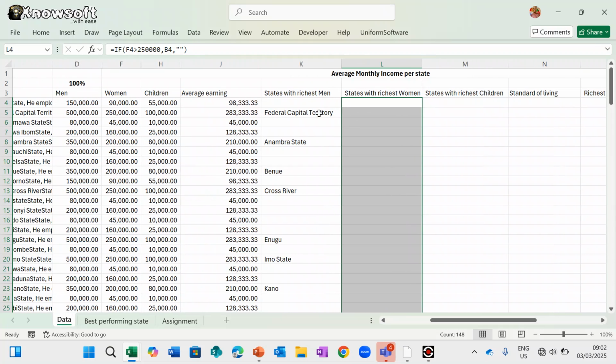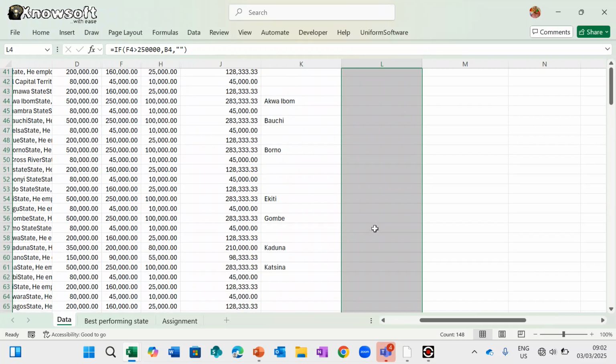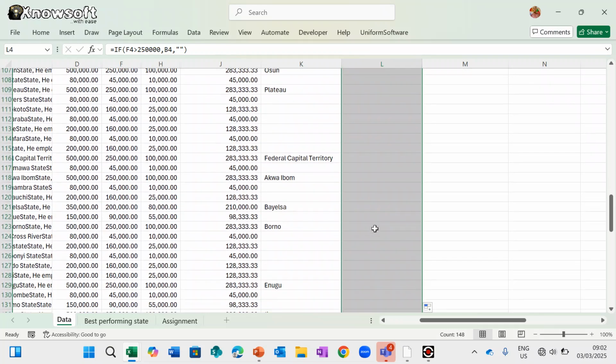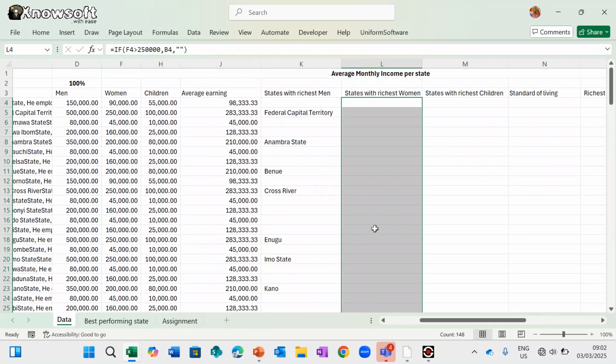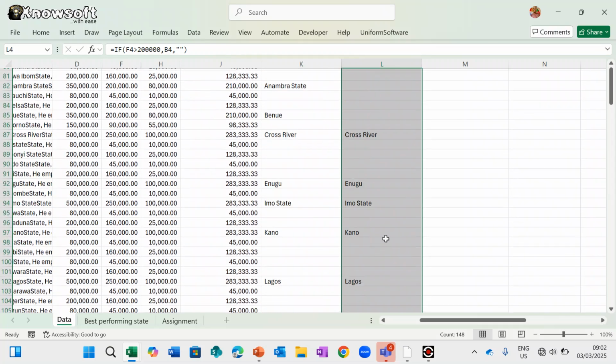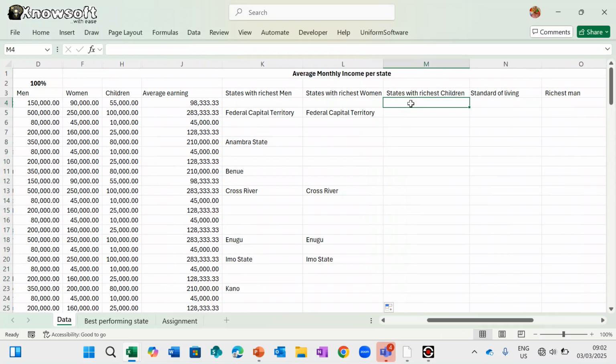So none of them is above 250. So no rich woman, too bad. Okay, let's reduce that, let's make it 200. Just woman in the state. Let's start up. Then, just child,